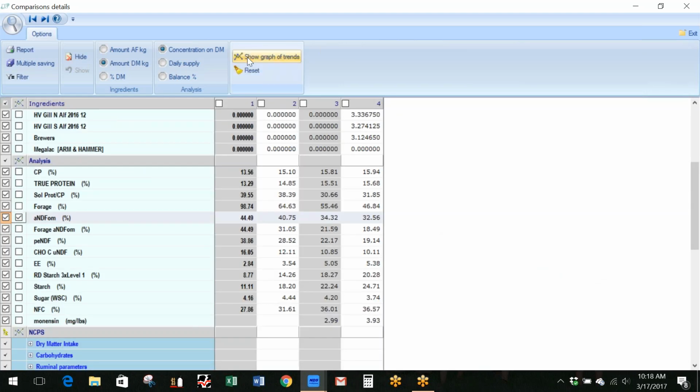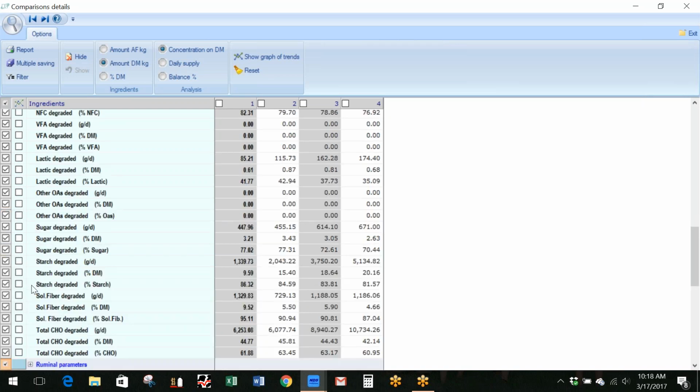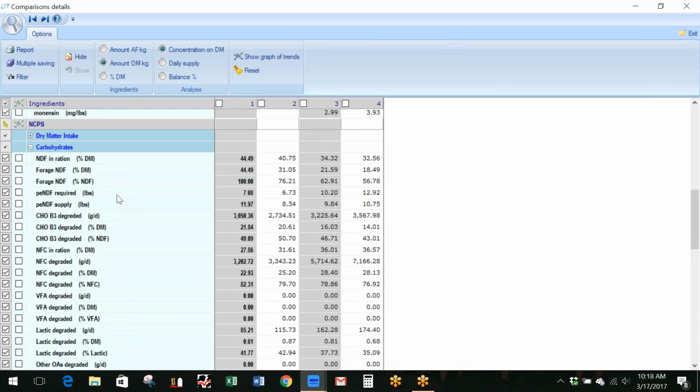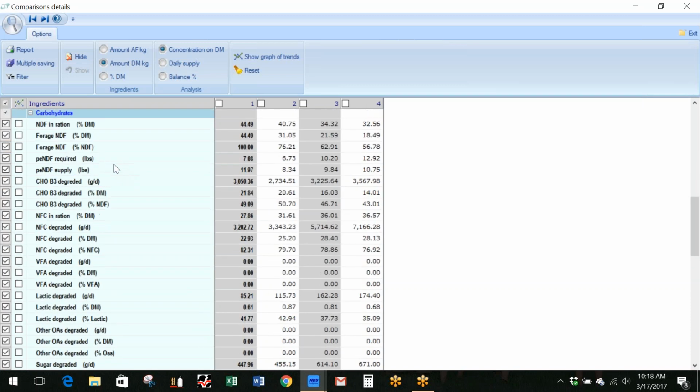So now talking about transition of starch. So maybe I'll look at what my starch feeding is. I'm at 11, 18, 22, and 24. But again, talking with some of the folks at Minor, maybe another bigger number I should be looking at instead of just total starch is maybe what I need is starch